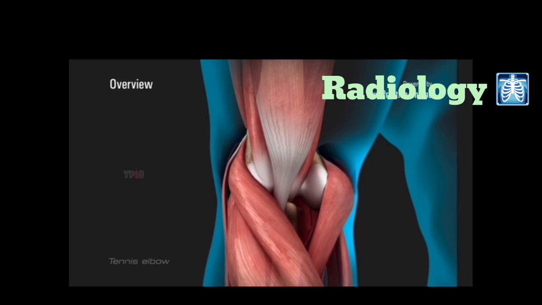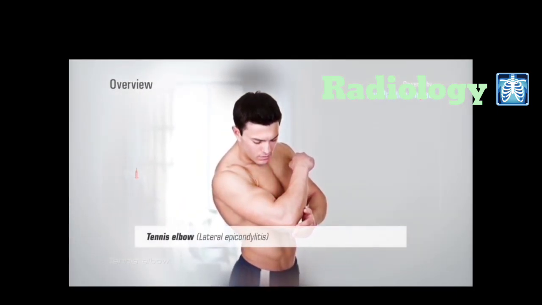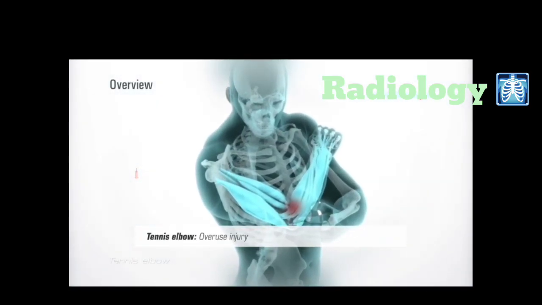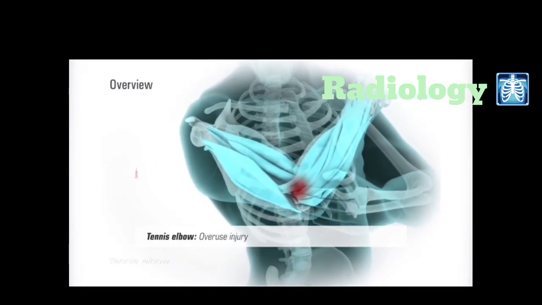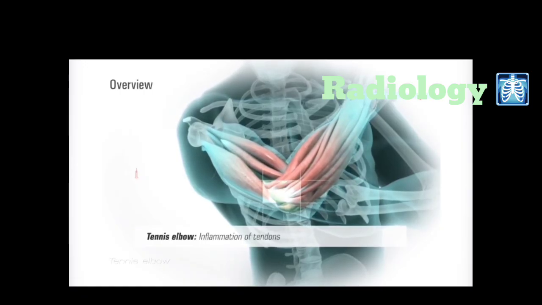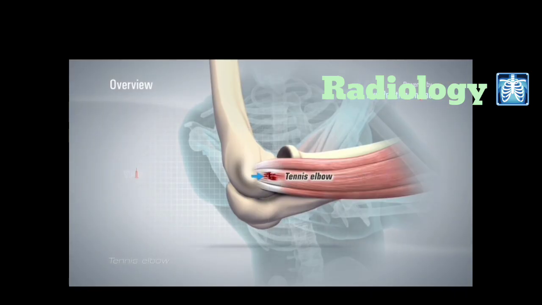Tennis elbow, also known as lateral epicondylitis, is a condition characterized by elbow pain due to overuse or overstretching of the elbow. The pain is caused by damage to the tendons that join the forearm muscles to the elbow. Repetitive movement of the elbow causes inflammation of the muscles and tendons that are inserted to the lateral epicondyle, one of the bony protrusions found at the lower end of the arm bone or